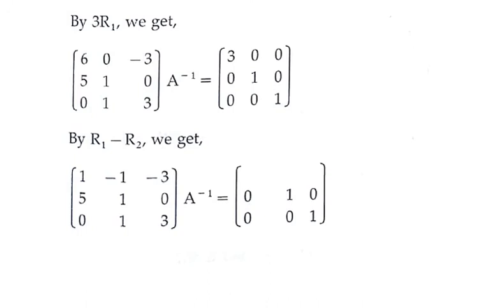Similarly, on the opposite side, the first column values are 3 and 0, so 3 minus 0, the result is 3. The next column values are 0 and 1, so 0 minus 1 is minus 1. And next are 0 and 0, that is 0 minus 0 is 0. This is the way in the first row we got A11 as plus 1.